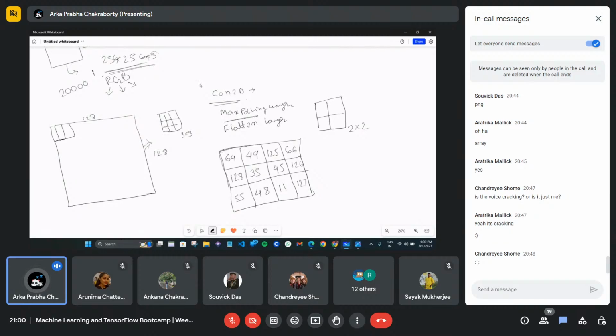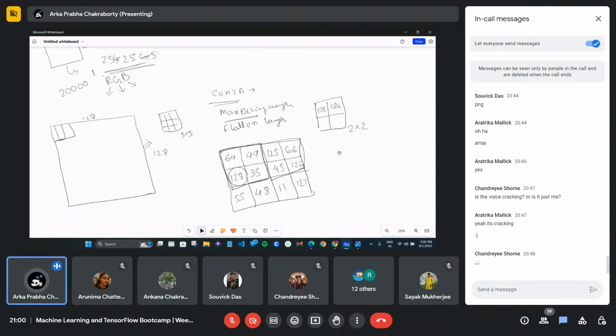For this 2 cross 2, what is the maximum value? This will be 128, so my first value is entered. What will be my next 2 cross 2? I have 125, 45, 66 and 126. What is the maximum value? 126.